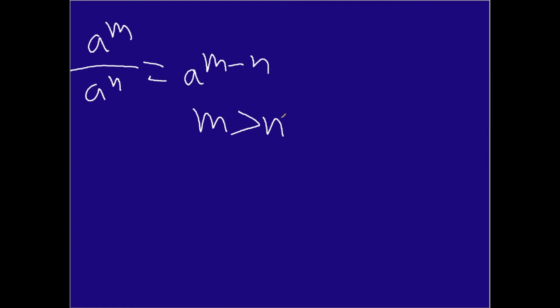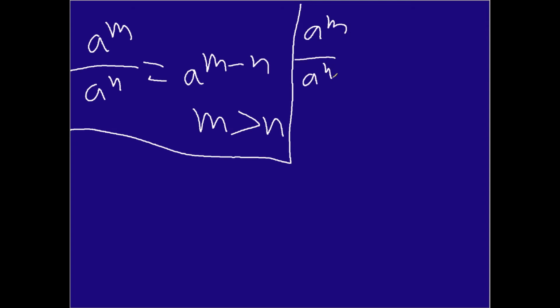Now, let's say the denominator is bigger than the numerator. The rule is slightly different, significantly different, if you will. So again, if we have a to the m over a to the n, this time you're going to have 1 over a to the n minus m. Now, when do you do this? When the denominator is bigger than the numerator. That's the rule. So when you're trying to figure out how to subtract, you have to keep in mind whether